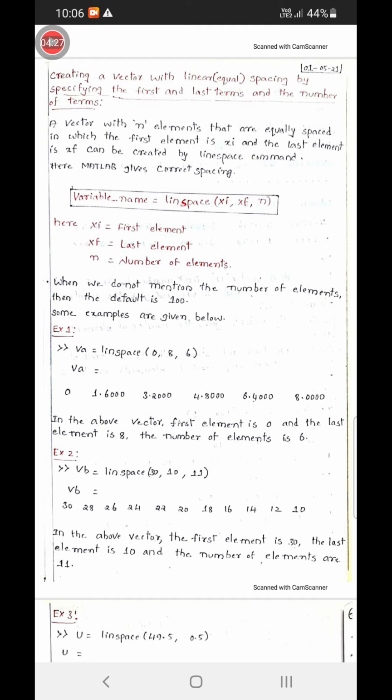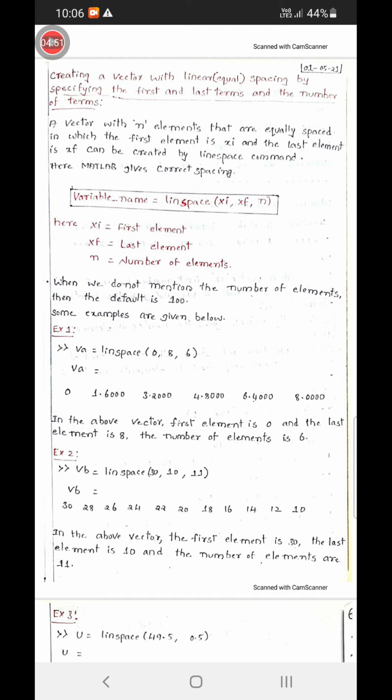We have to create 6 elements. For this range 0 to 8, in between we have 1, 2, 3, 4, 5, 6, 7, a lot of values. So what is the range here? 0 to 8 is the range.